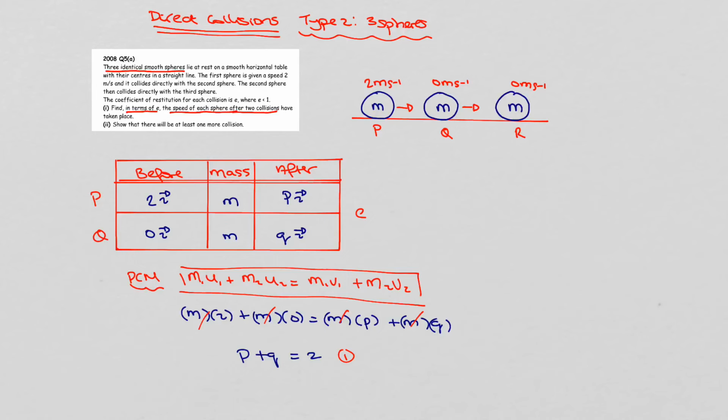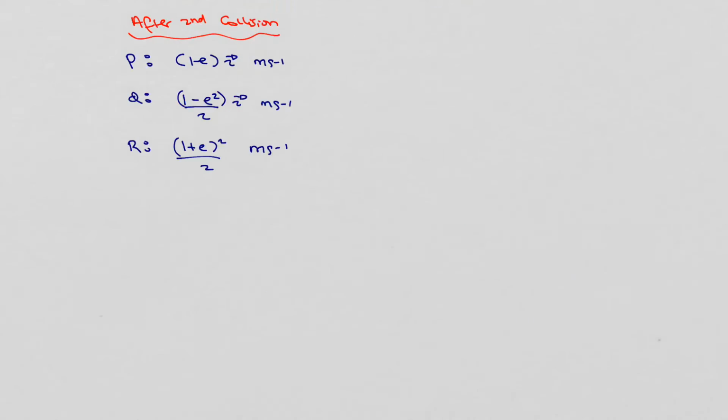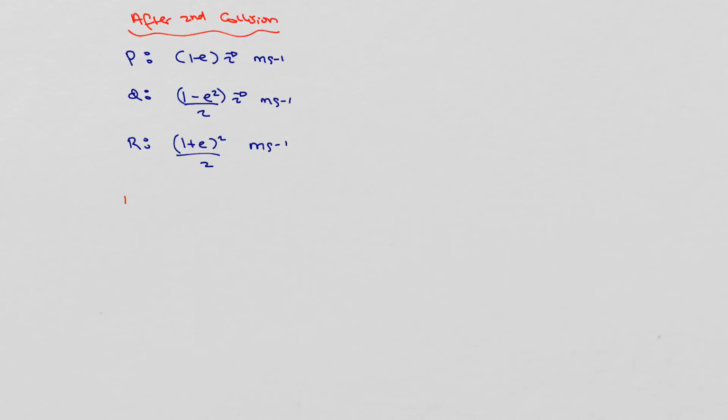Okay, so the second part of the question says we have to show there will be at least one more collision, right? So P has collided with Q. Q is now moving off. Q is colliding with R, and R is now moving off, right? So if we're looking at Q's collision versus R's collision, clearly R has a bigger velocity than Q. So if there is going to be another collision, we would say if there is a third collision,